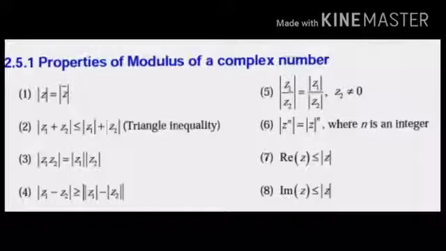Using this one, we are going to first prove the triangle inequality. Then we are going to do the sums. And in this property, the two important properties, totally we are having 8. In that second and fourth one is very important, and that will be used in our sums. That is in exercise 2.5, we are going to use that properties. Just first go through these properties, then we'll start with the sums.